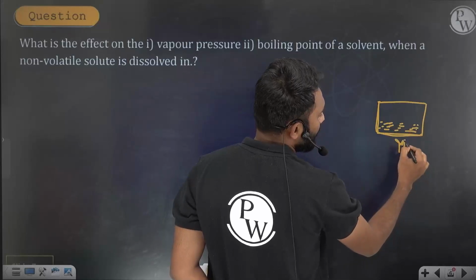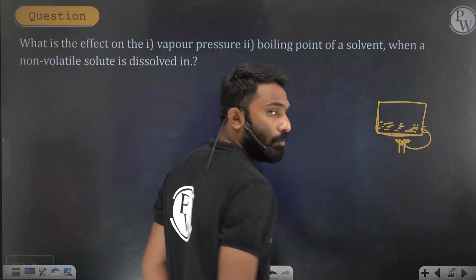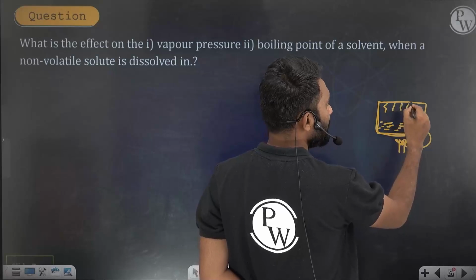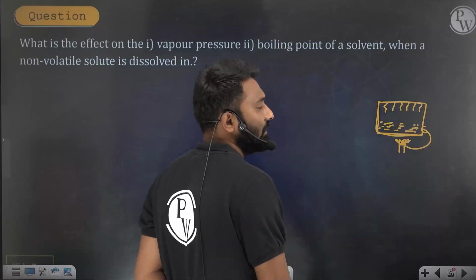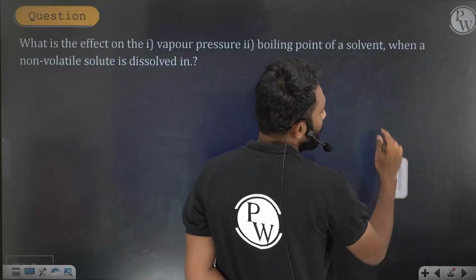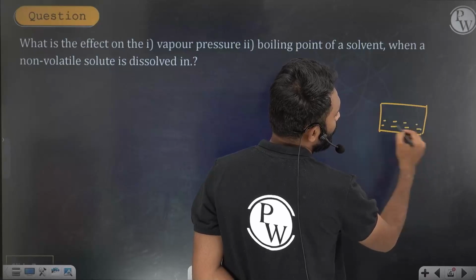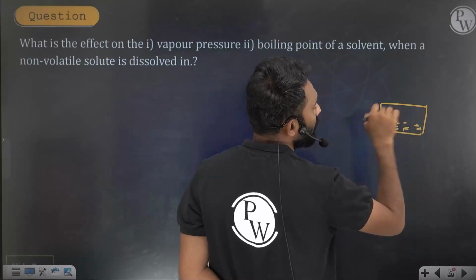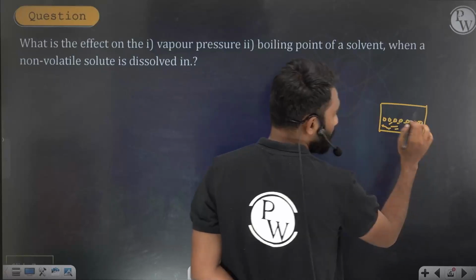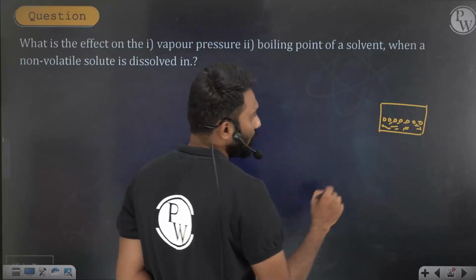Now when we heat it, what happens? There is no other component, it is a pure solvent. Very fast it will be converted into vapors. Clear? Now next, if you have added some non-volatile solute, then first the vapors will be there. Now these are of the pure solvents. Now after adding the non-volatile solute,